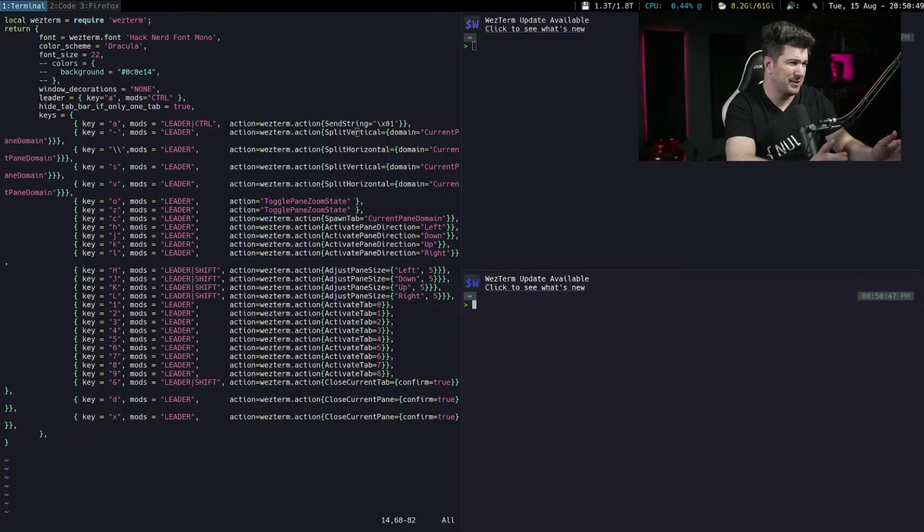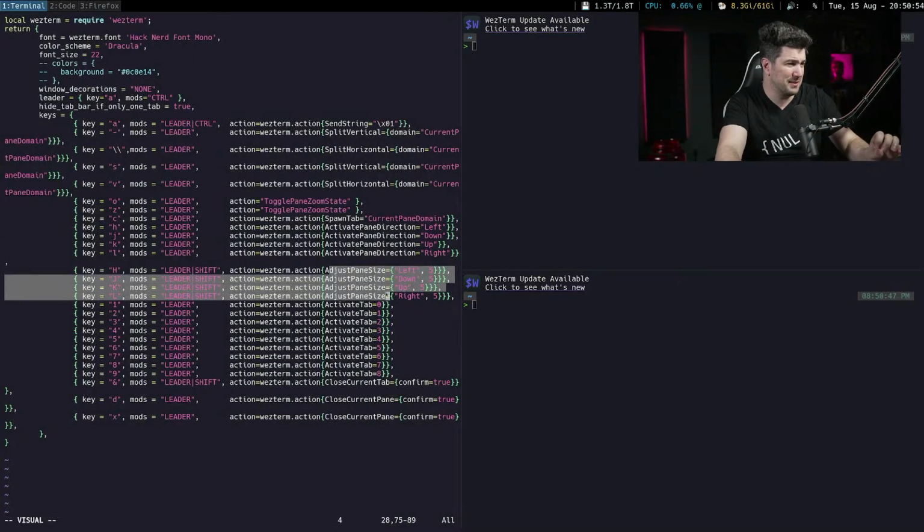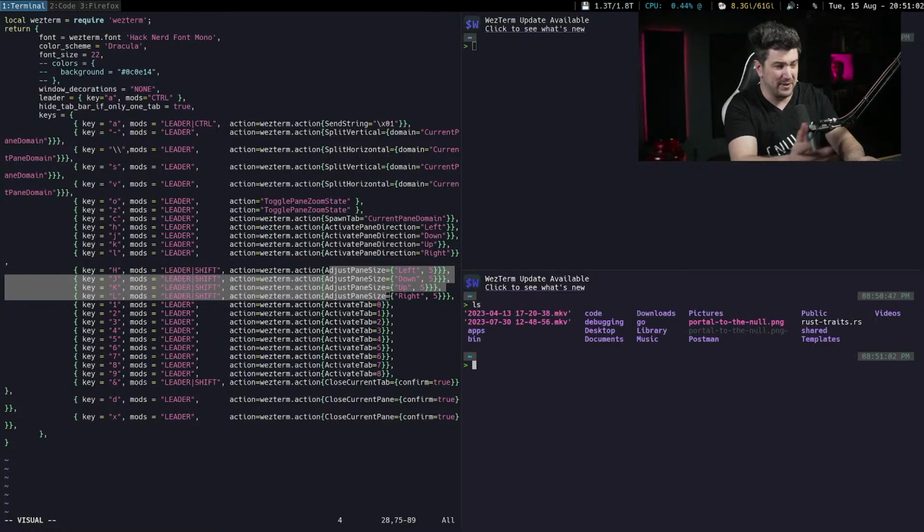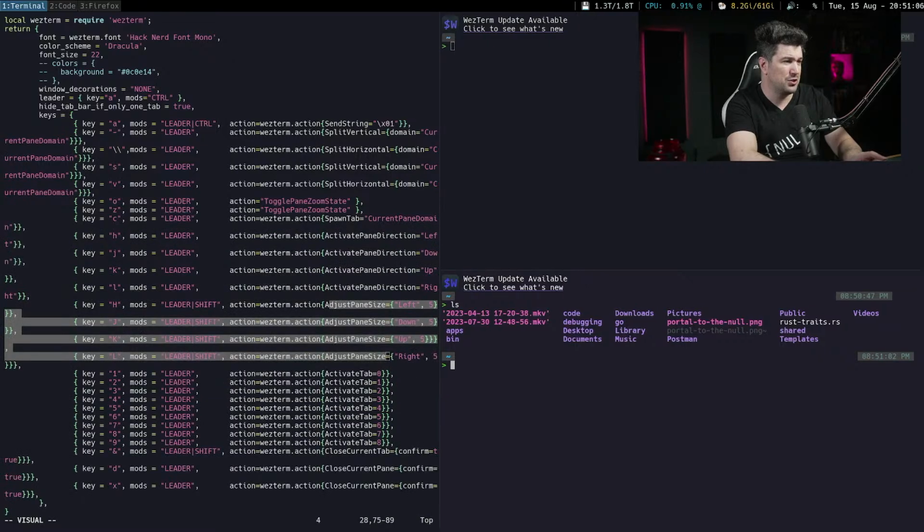So awesome. I have stuff here for adjusting the panel sizes, and we can move them. So I was messing with this. Like we have this panel down here and we can do Control A, H, Control A, Control.